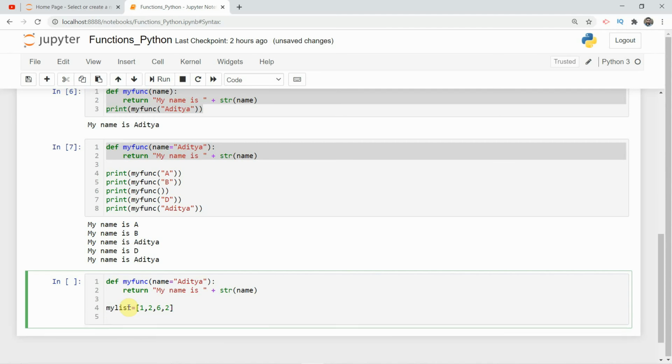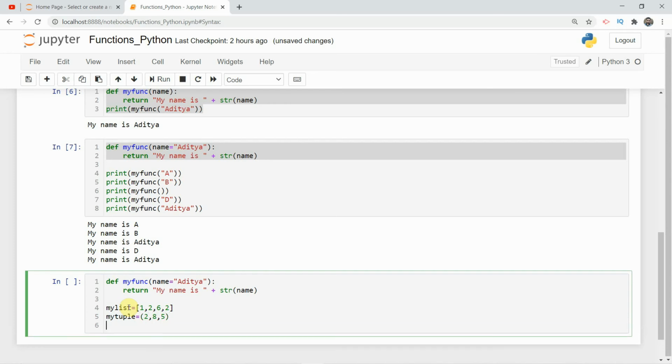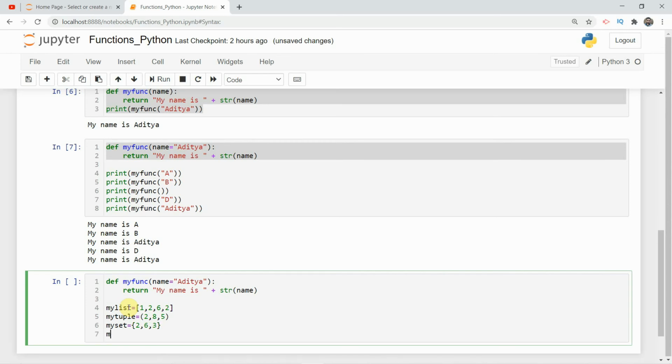And my tuple is 2 8 5, anything. My set, since a set does not have duplicate values, we need to keep unique values here, 2 6 3. And my dictionary, it can store